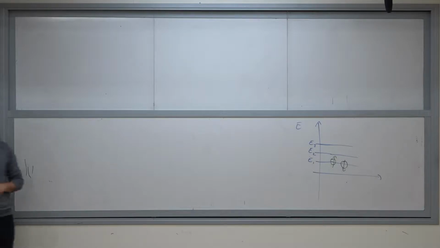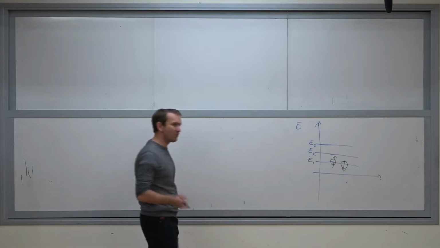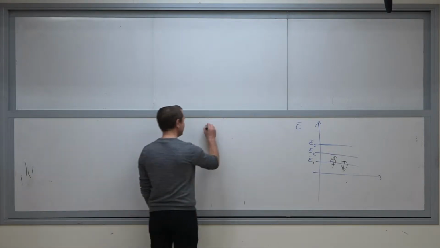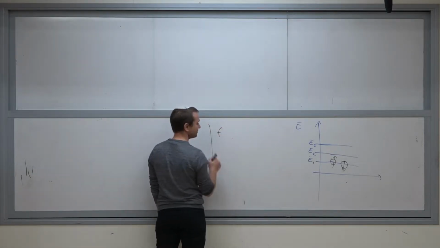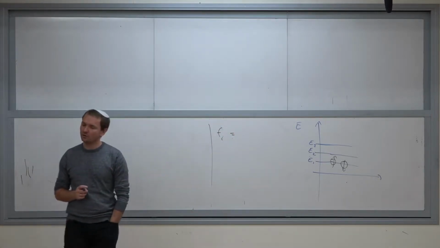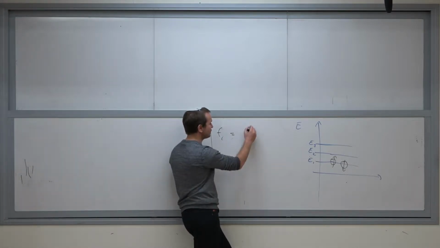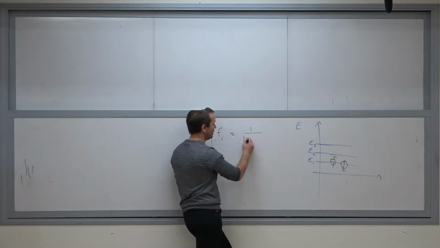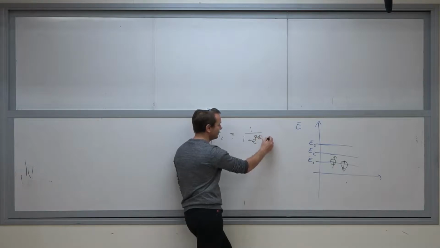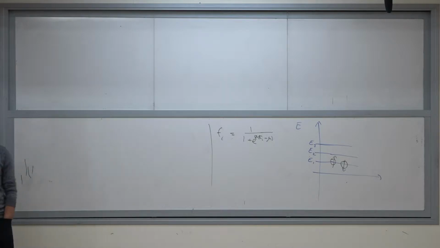More specifically, per particle, the occupation of a level with a specific spin was f_i. So the probability of a specific level i to be occupied was 1 over 1 plus e to the power beta epsilon_i minus beta mu. Okay, so this is what we have done, and afterwards we plotted